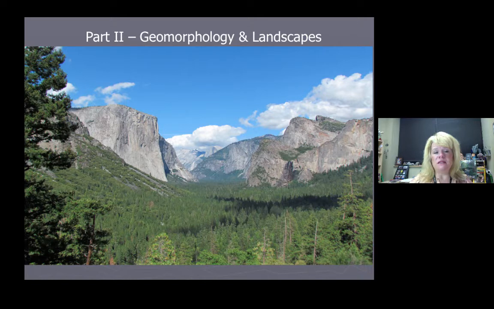Some of the best places to get your research on geologic histories of national parks is to go to the National Park System main web page and type in whatever national park you're wanting to look at, or national forest. In the case of Yosemite, the story starts a long, long time ago during the Mesozoic era, that's dinosaur time frame,